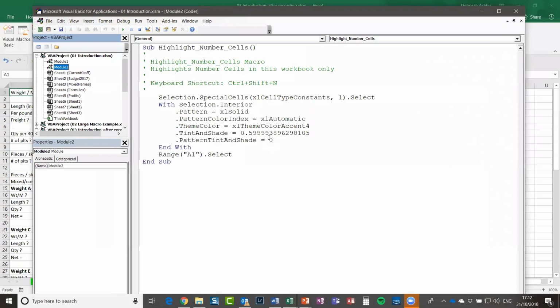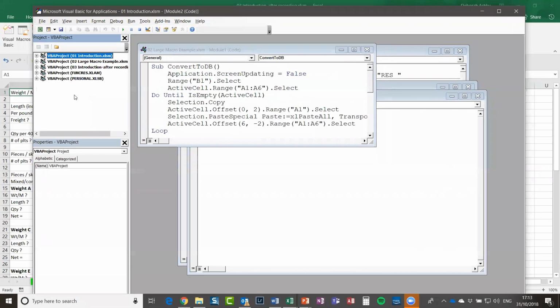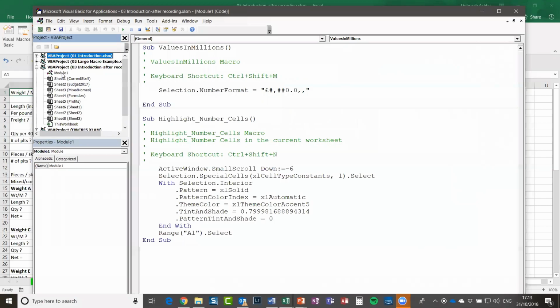So let's take a look at what we're actually looking at. This is essentially what we call the project window at the top here. So this little window at the top will show you, and if I just minimize that down, it's a little bit easier to see, all of the spreadsheets that you have open. Okay, so I've got introduction open, I've opened quite a few in this session. And if I maximize them, I can double click